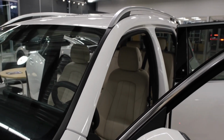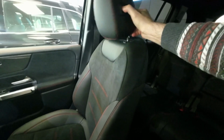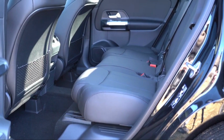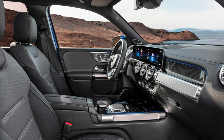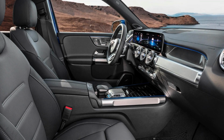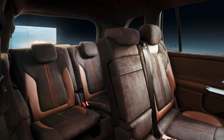The GLB's ride height and tall door openings make it easy to get in and out of. There's no need to step up or stoop down, just slip on in. Once inside, you'll find that all of the controls are logically placed, and after a very short time, you can operate them without having to take your eyes off the road. The GLB's boxy shape affords generous space compared to most of its competitors. Its tall windows provide excellent outward visibility. One minor downside: the sun visors are too small and don't provide full coverage when moved to the side of